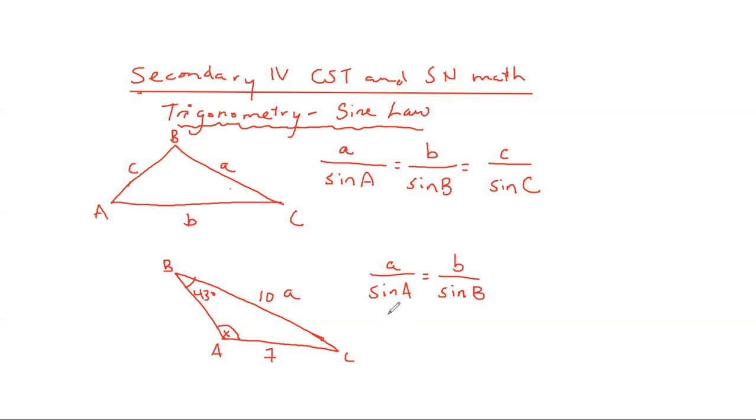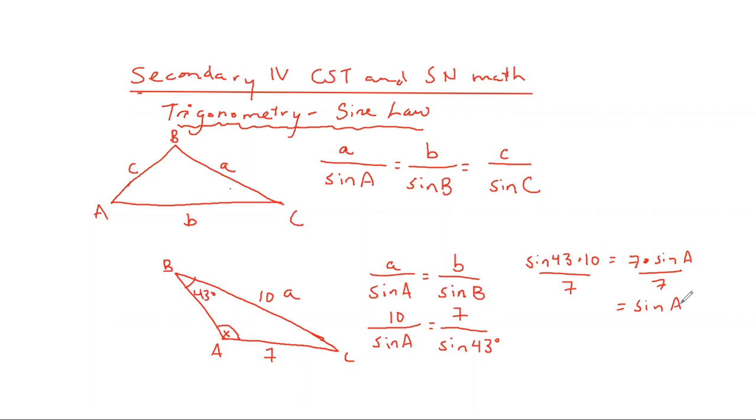And a is 10. Sine of A is unknown, so I'm just going to leave it as sine capital A. b is 7. And this is, of course, divided by sine of 43. So here I go. I'm going to punch in sine of 43 times 10. And this is equal to 7 times sine of A. So essentially what I'm looking to do is divide both sides by 7. So sine of 43 times 10 divided by 7 gives me